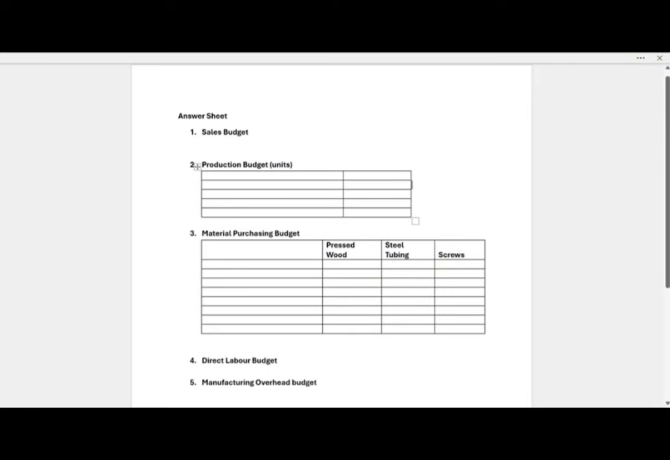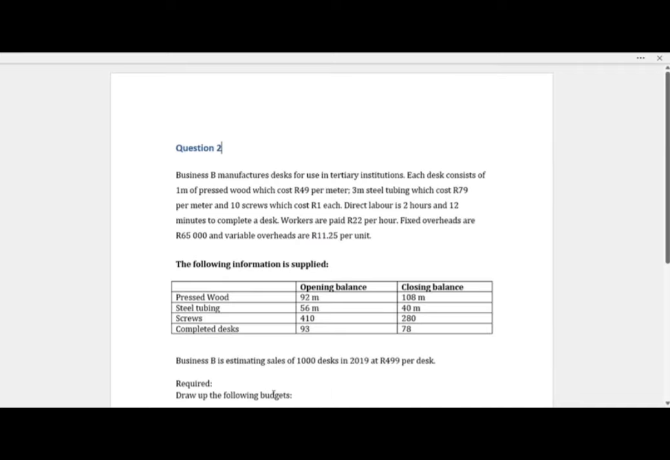I'm going to try and explain in a better way, in detail, for better understanding. All right, so let's look at this question. They say the business B